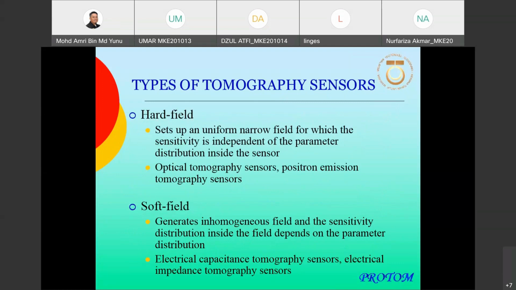The tomography system is categorized into two main fields. The first type is the hard field. The second one is the soft field. Hard field is basically set up with a uniform narrow path, where the sensitivity is independent of the parameter distribution inside the sensor. Hard field means that the sensor is not sensitive to the position. The energy travelling through the pipeline is not sensitive to the parameter distribution